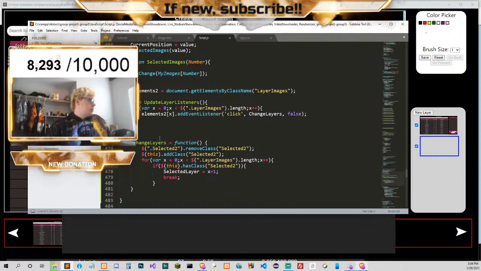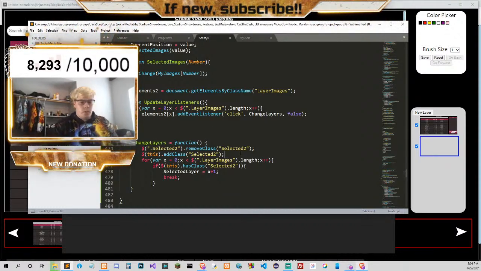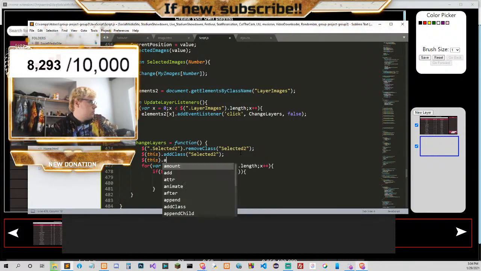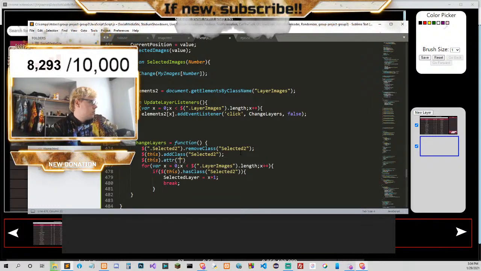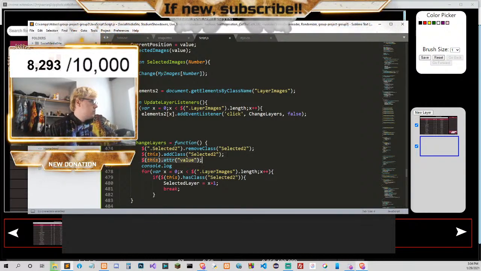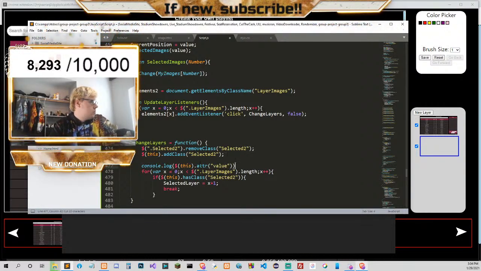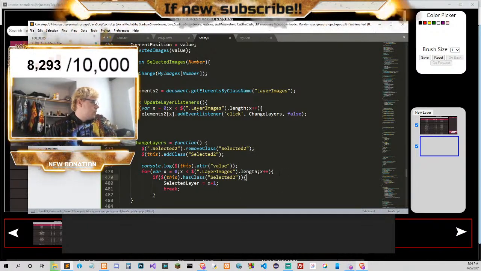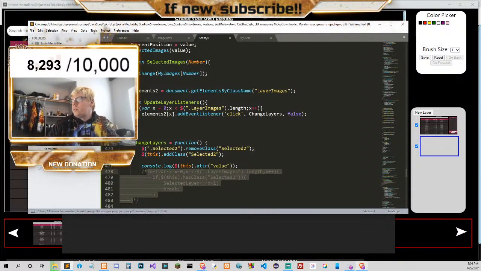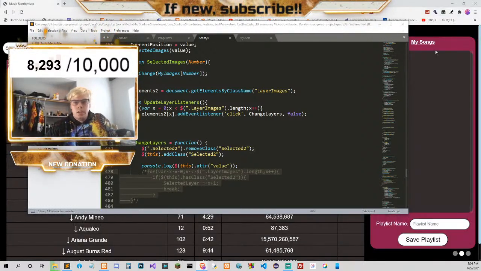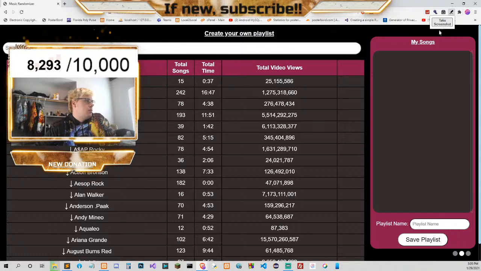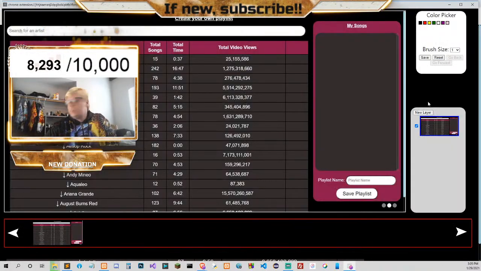Let me think, hold on, if I do this dot, could we do this dot value? Because if we have that, then this doesn't matter. Because then we could just set it to the value. You feel me? So I take the screenshot. We do this.